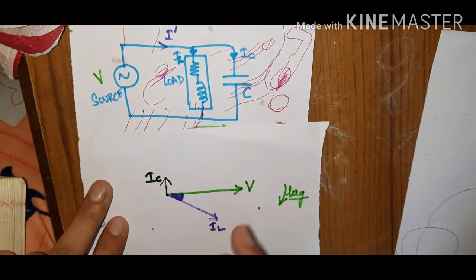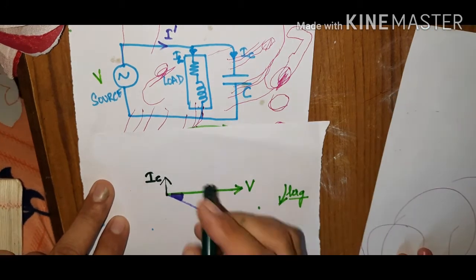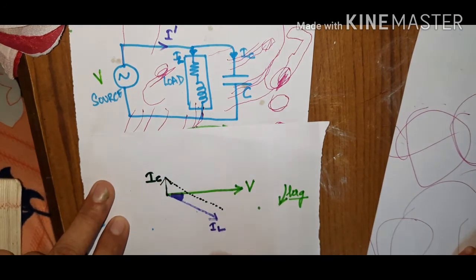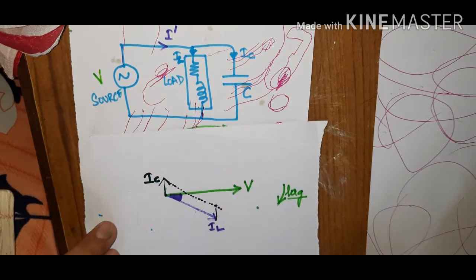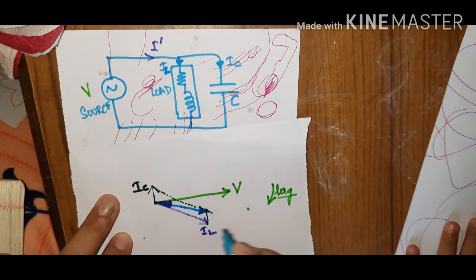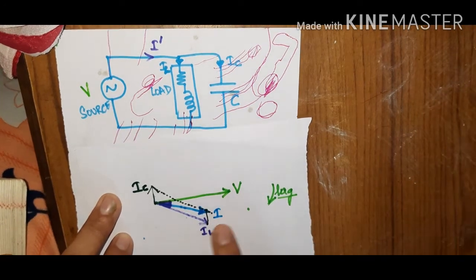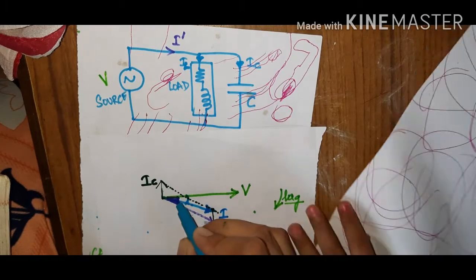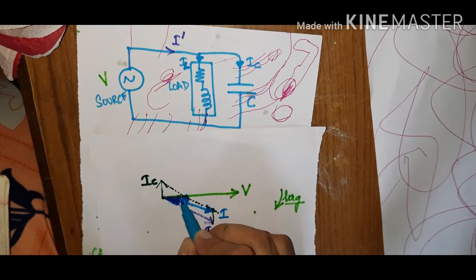Alright. So now is the time to find out what is the resultant of IC and IL. Applying the parallelogram, draw a line parallel to IL, draw a line parallel to IC, where they intersect, you can say this is the total current, that is I. Okay, so this is their resultant current I. So what we can see over here is that the power factor angle which was this big earlier has reduced to this one, the one which is marked with blue color over here.